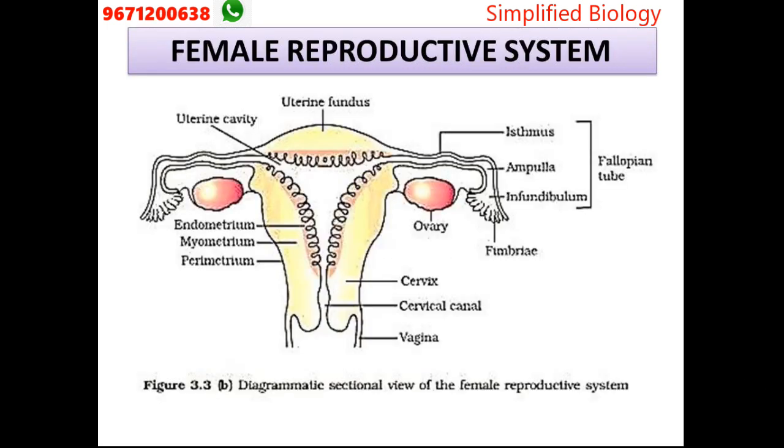So the next tube is the oviduct. The oviduct is a tube-like structure having three major parts. Just check here, the outer part, an outgrowth with finger-like projections, is named the fimbriae, which helps to attach the ovary. Above that is the broad part compared to the infundibulum, named the ampulla, and the ampulla is joined with the isthmus. So remember two names here, beta: isthmus and ampulla, also named the isthmus-ampulla junction.